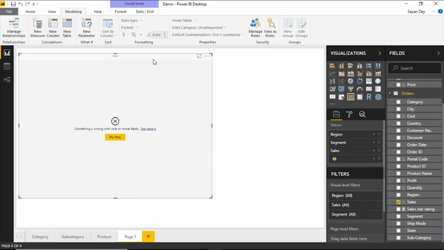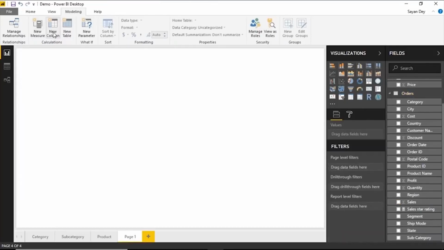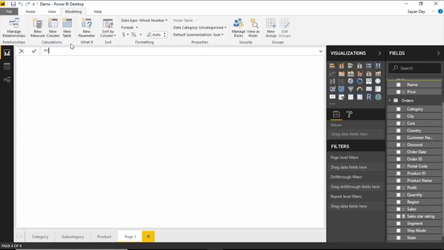So I have a cost column. What I will do is I'll build a calculated column. So you build calculated columns using the new column option. You build measures in the new measure option. So I can build calculated columns using this option here, and the column name will be profit percentage. What is the formula for profit percentage? It is going to be profit